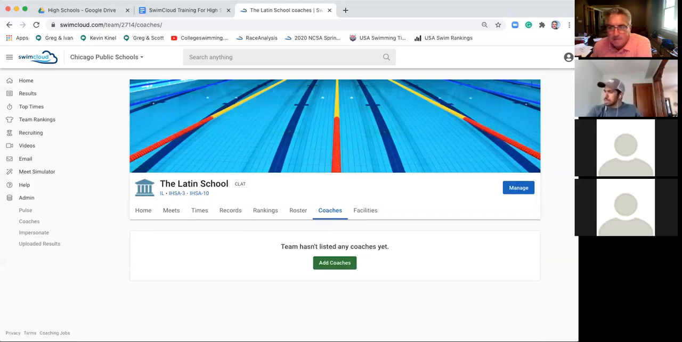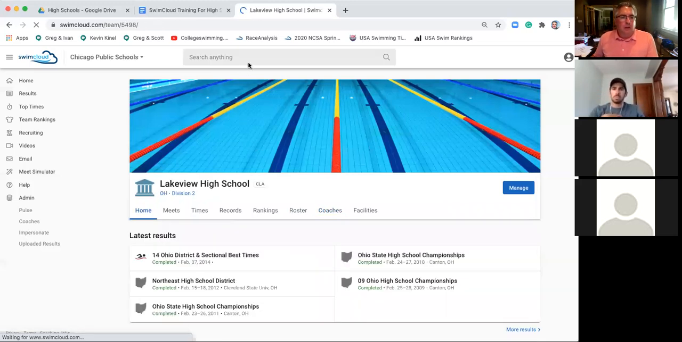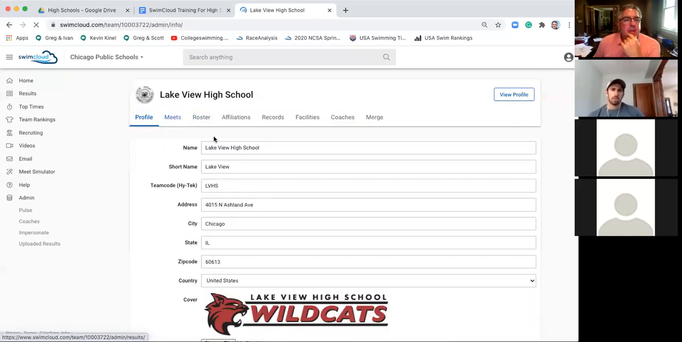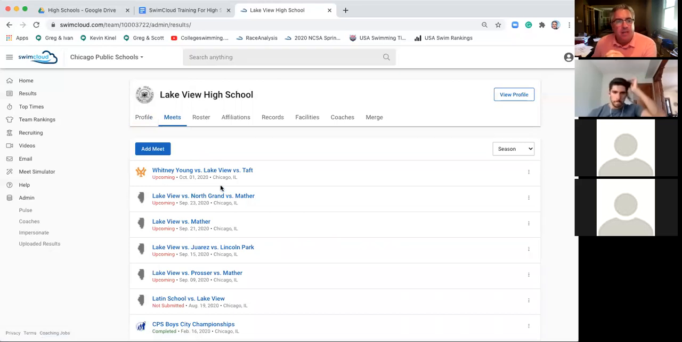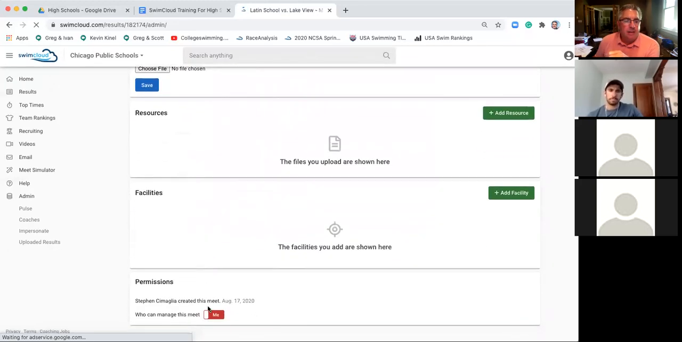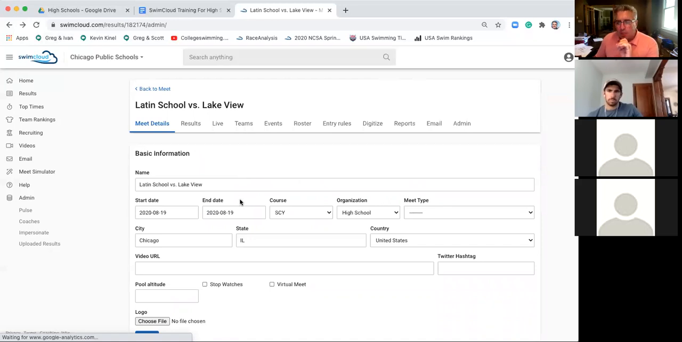The meets that I set up for the season, since we're not able to host any meets this year because we have a 20-yard pool, will I have to go to each meet and click the permissions button? It depends. That's a tricky question. Since you're probably not going to be hosting any of them, you don't necessarily need to worry about that button as far as who can manage the meet. What matters for you is to talk to these schools and figure out, is it a timing system or is it going to be on